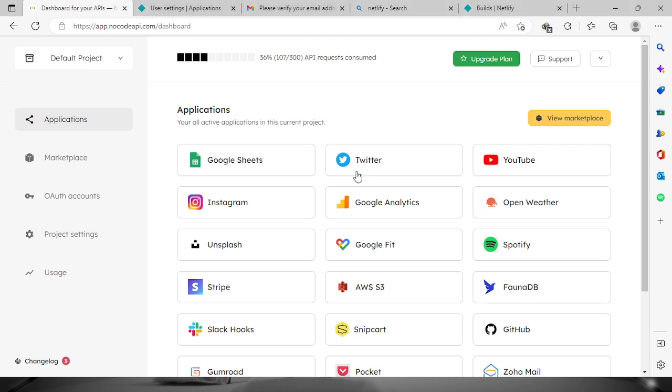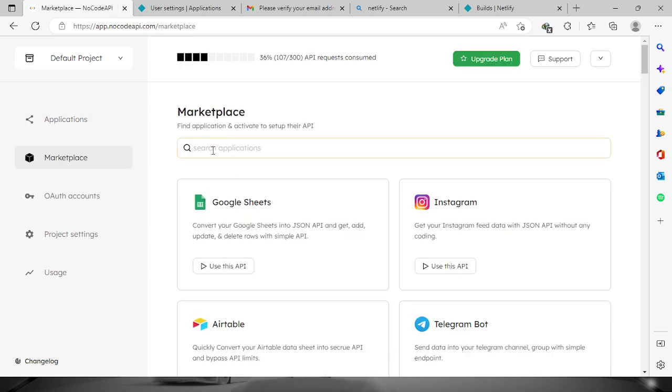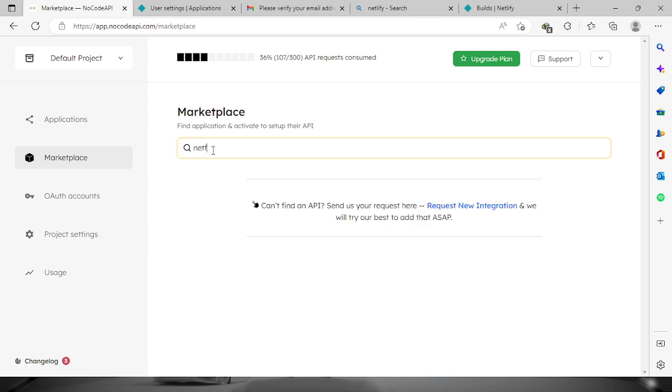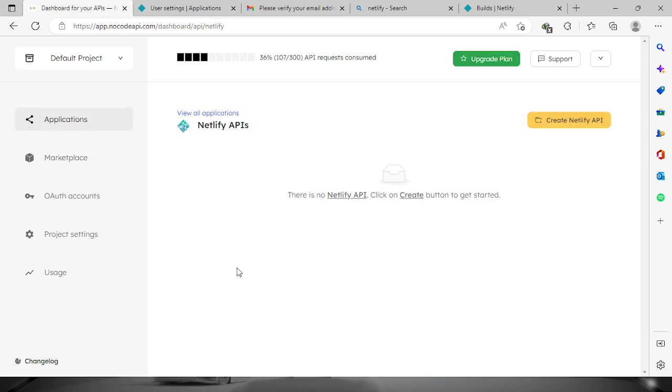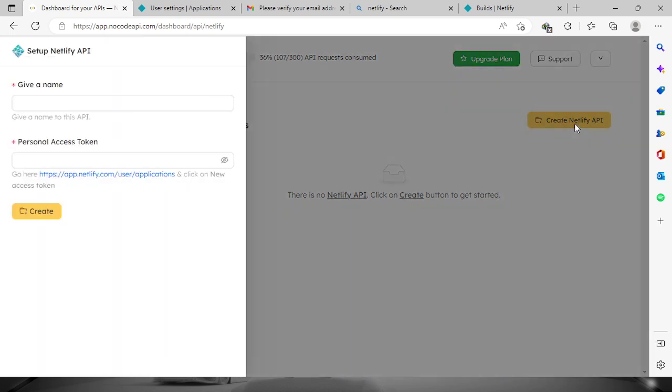First, log in your account in nocodeapi.com. Once you're logged in, go to the marketplace and look for Netlify. Now click this button and create Netlify API. So first, give it a name,